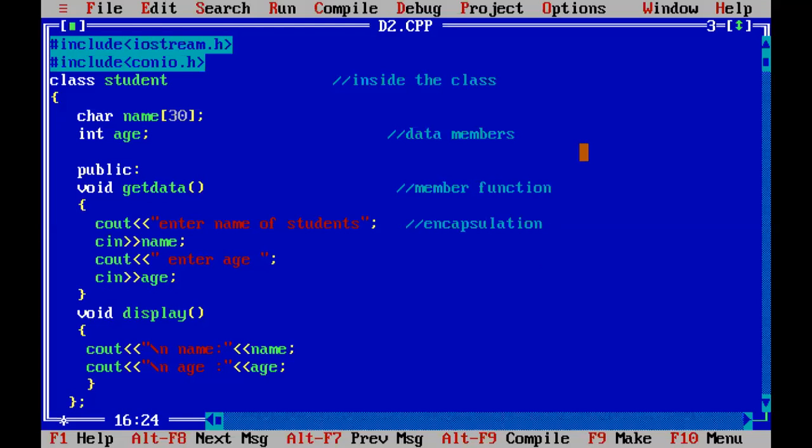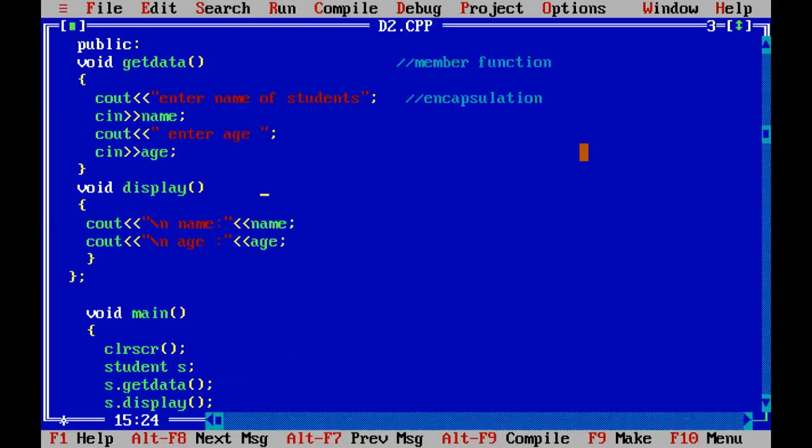In display we are simply doing cout, which will give the output of the variables. So I am simply writing void display, and I am writing the name and age here. And one more important task: we need to close the class here. This is the class ending. This is a very compulsory part. We always need to close the class.